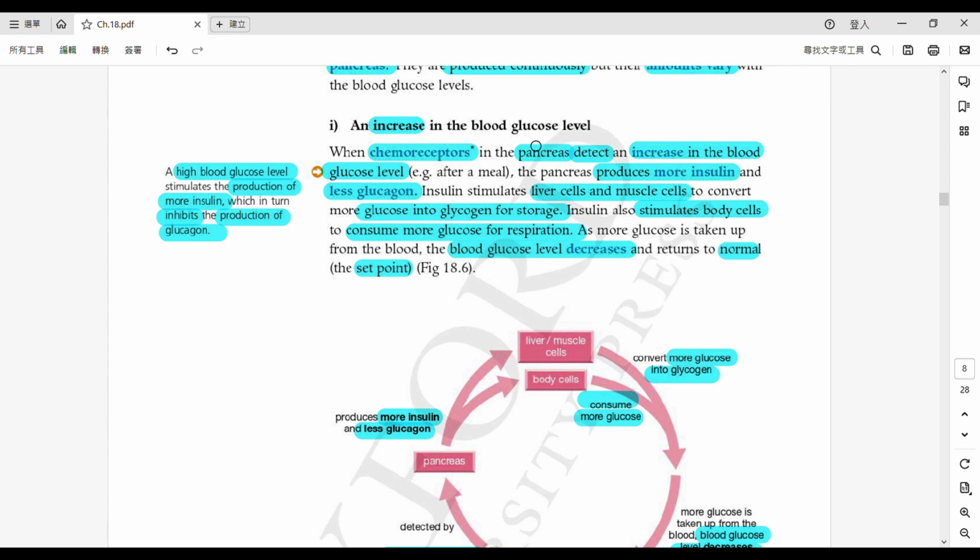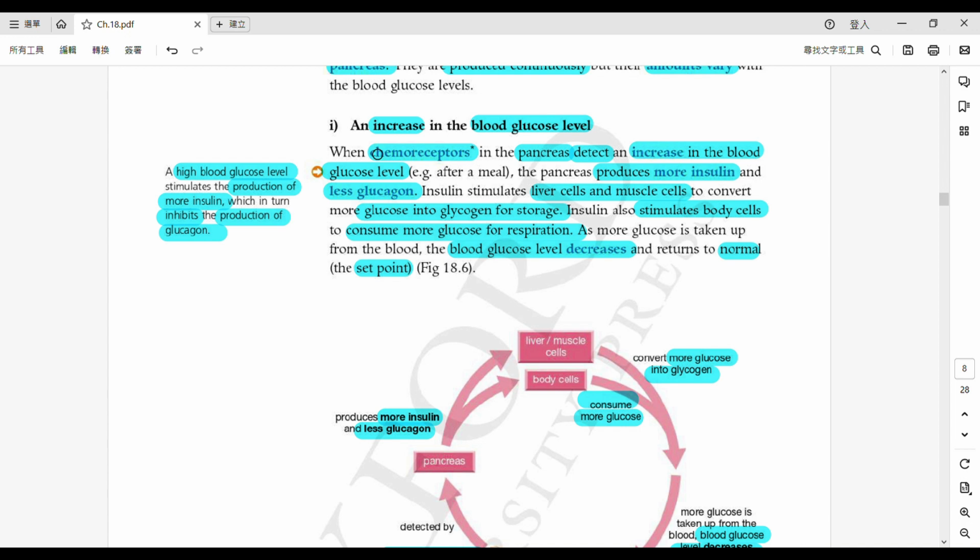Okay, so first of all, the pancreas. So as I said, pancreas is the big boss here. 咁佢係一個大腦啦。And how does it detect the change in blood glucose level？點樣去測試到嗰個改變啊？So there are a lot of chemoreceptors，有好多呢啲嘅化學感受器。Okay, so for example, after a meal, because 因為我哋講緊嘅係 increase in blood glucose level 啊嘛。So like after a meal, then your chemoreceptor 就會 detect 到係 increase in blood glucose level 啦。